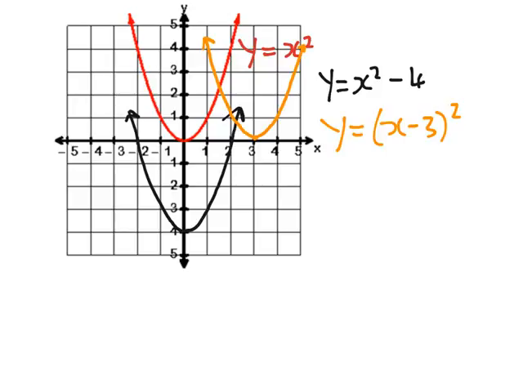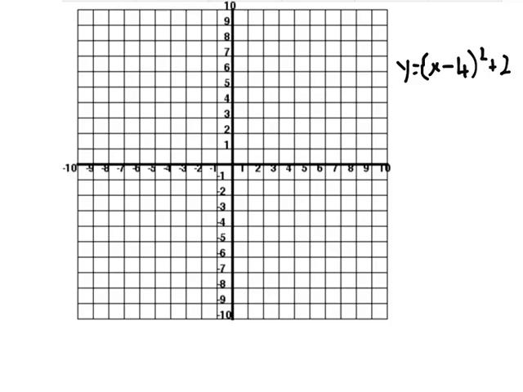And when we have a minus 3, x has to be positive 3 to make 3 minus 3 equal 0. That's why it shifts it along positive 3 on the x-axis. Y equals x squared minus 4 plus 2: the x value will be positive 4, the y value positive 2 for the vertex. The vertex is the lowest point. You go out 1, up 1, out 1, up 3, back 1, up 1, back 1, up 3 to